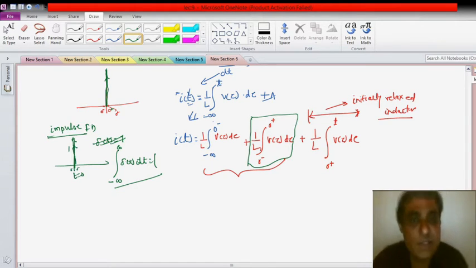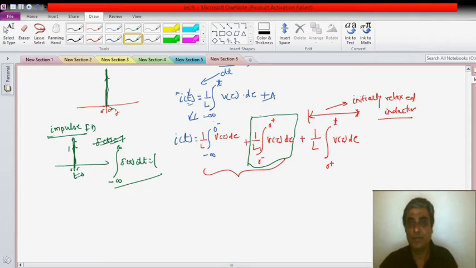So with this, what can I conclude? If this area under the curve is 1, what does it mean? Definitely there is some sudden jump at the 0 point. There is some sudden discontinuity present, which has infinite magnitude for a very short duration of time. It indicates that there is a presence of an impulse or derivative of an impulse.